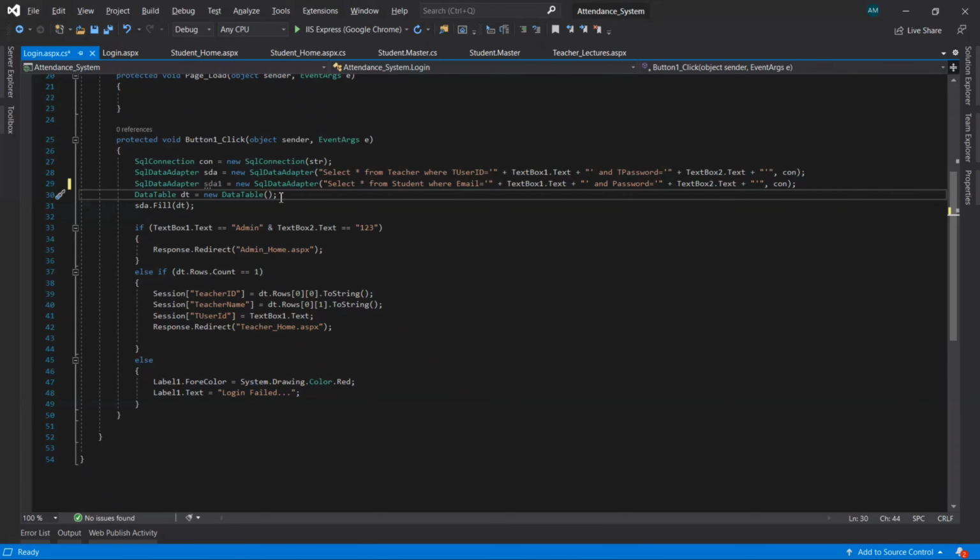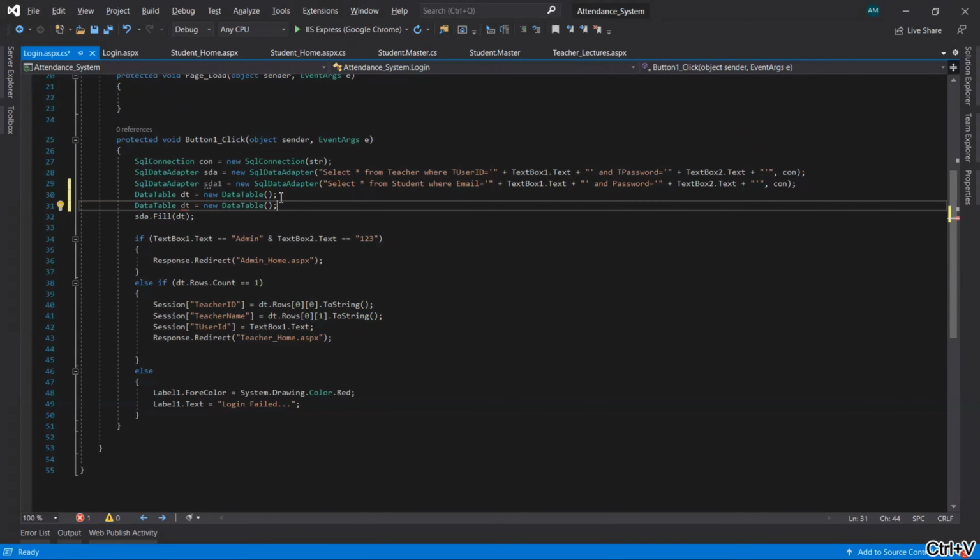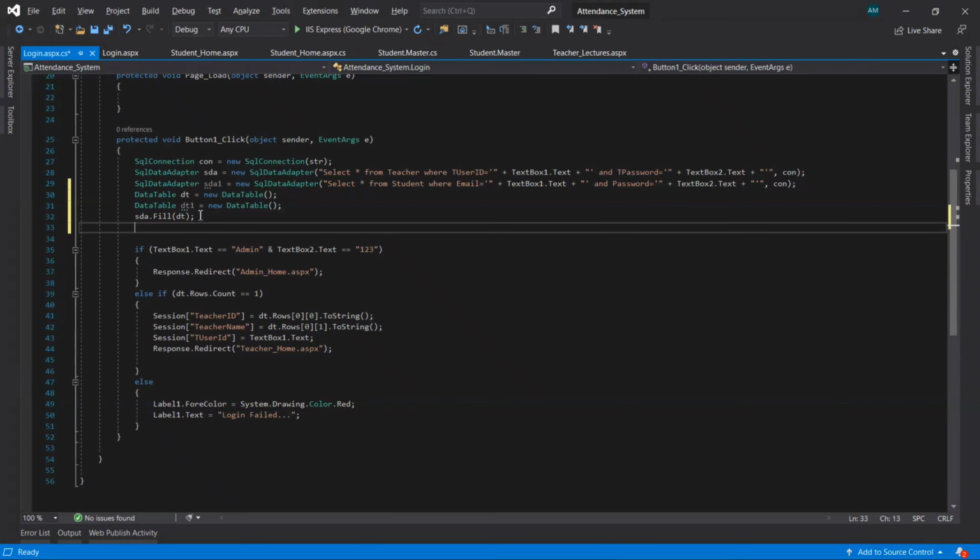So we are going to take a new data table. Let's change the object name, and we have to save the records in the data table which we get as the result after executing this select query.